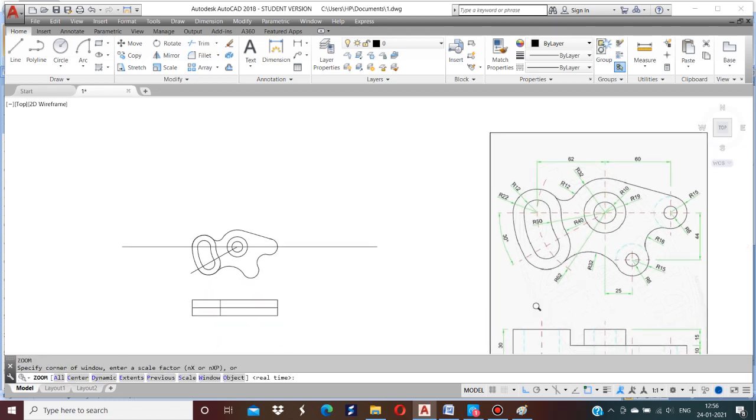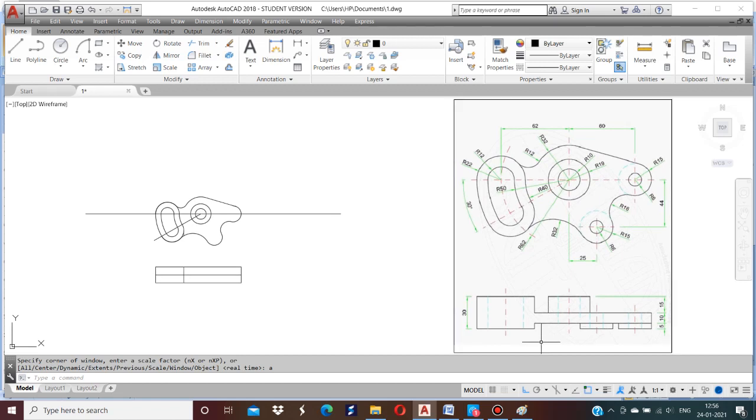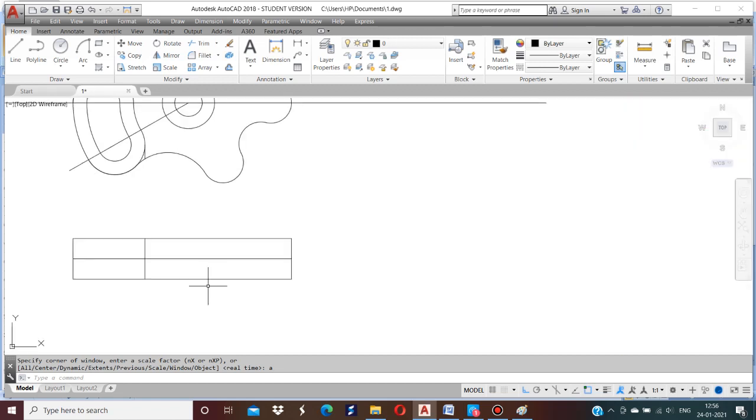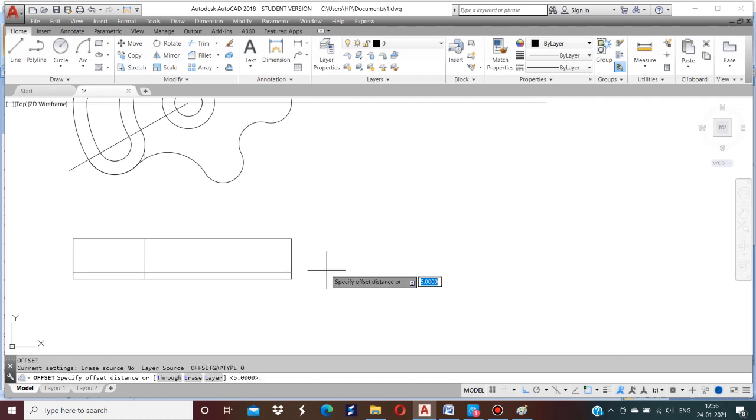Here the thickness is given from the bottom as offset 5 mm. So offset distance 5 mm from the bottom. Okay, now erase this center line. Then again offset 10 mm. Okay, now trim this line.